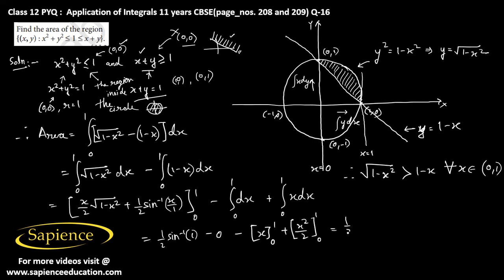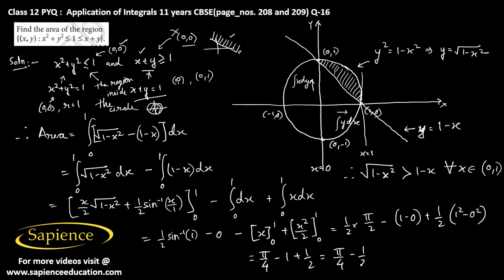That equals half sine inverse 1, which is pi by 2, minus (1 minus 0) plus half (1 squared minus 0 squared). So that will be pi by 4 minus 1 plus half. So the answer will be pi by 4 minus half